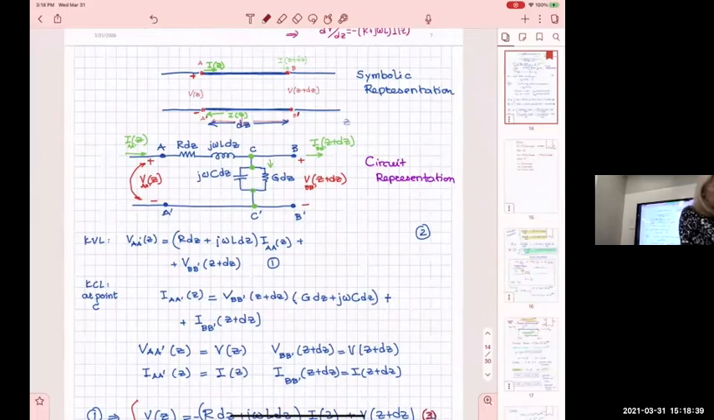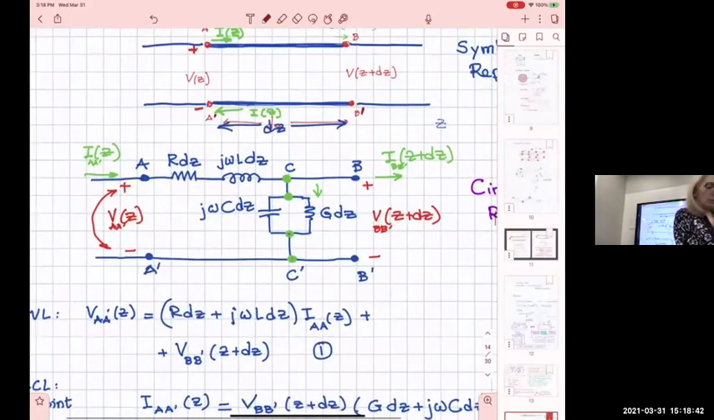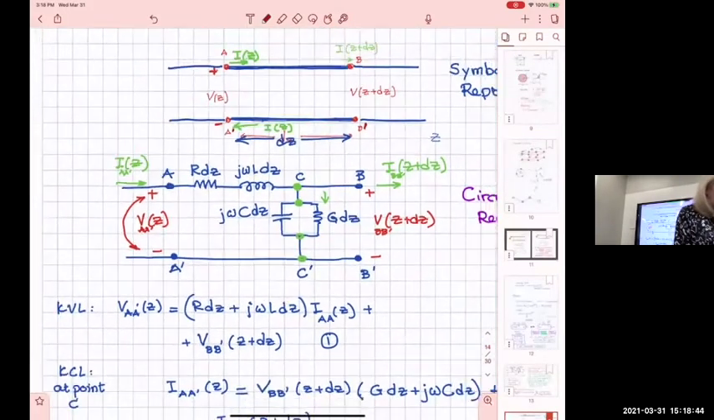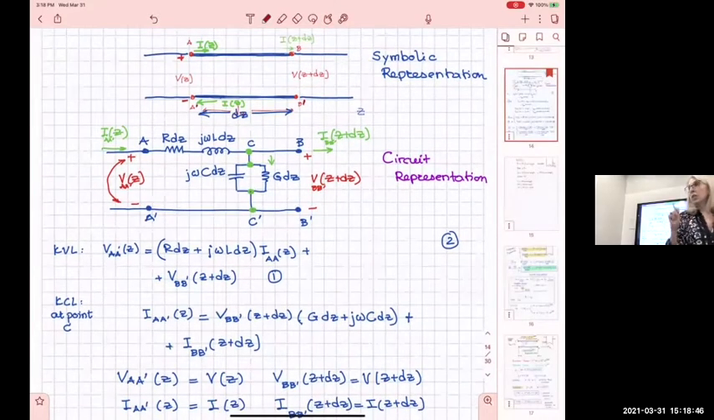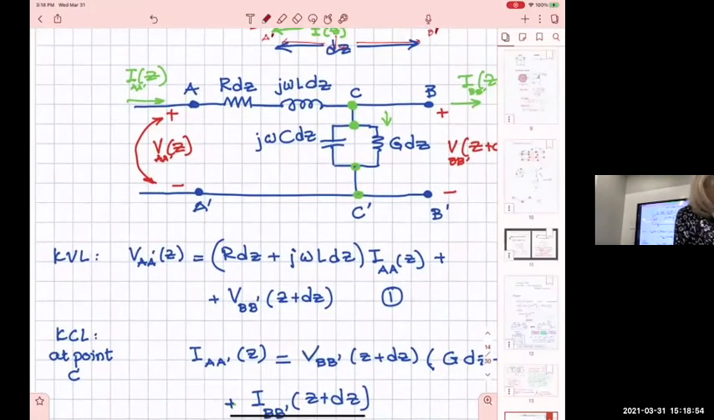So then I go from up here, the symbolic, to the circuit. Okay, now we are in circuit representation. Now I can use Kirchhoff's laws, things that we know. KVL, I apply it here. KVL says the following. First of all, what I observe is that if VAA prime is at Z and VBB prime